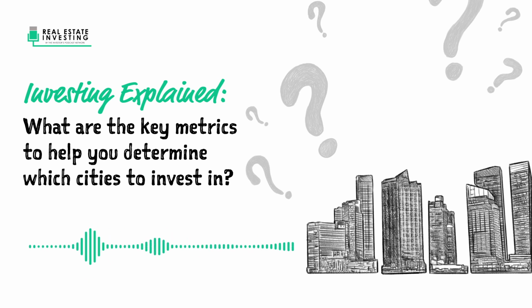So how about the second metric? What's the second one that you look at? So the second metric is income. I want the income levels to be increasing in that metro by about 32%. And you get this information at city-data.com. For any city in the US, type in the name of the city, scroll down about 12 inches, and it'll show you median household income. And you'll notice it gives you 2 numbers already. In this case, for the second metric, the number is about 32%.